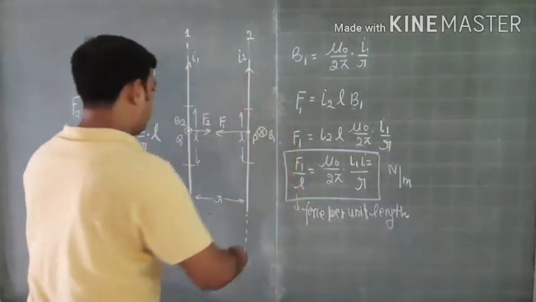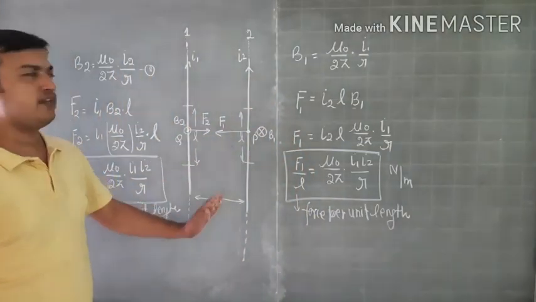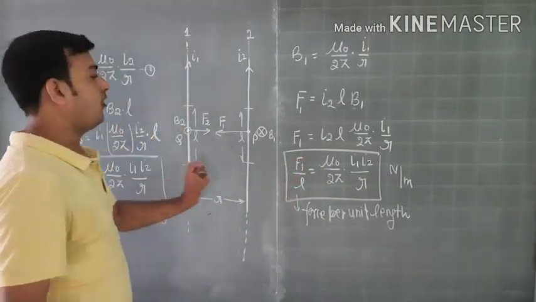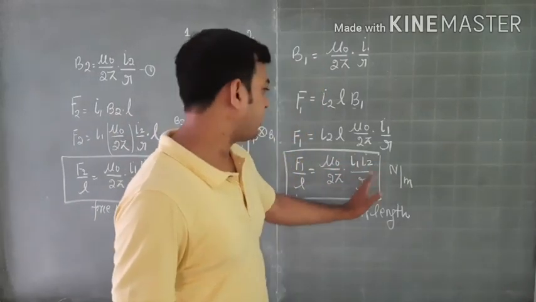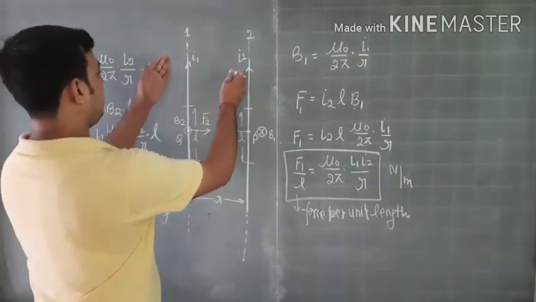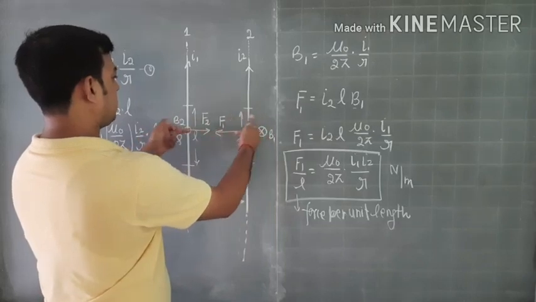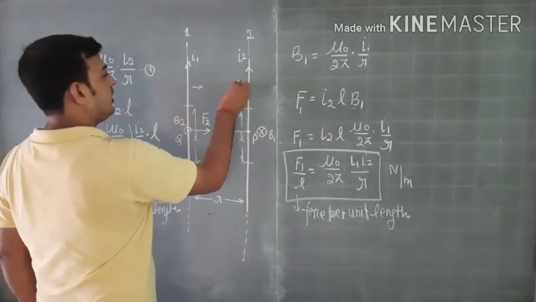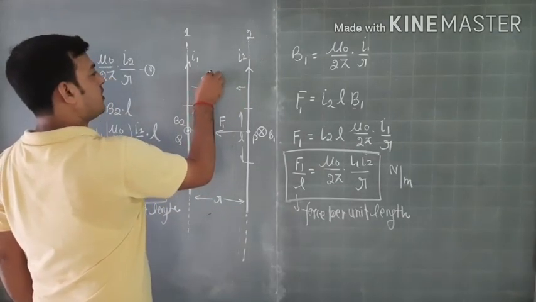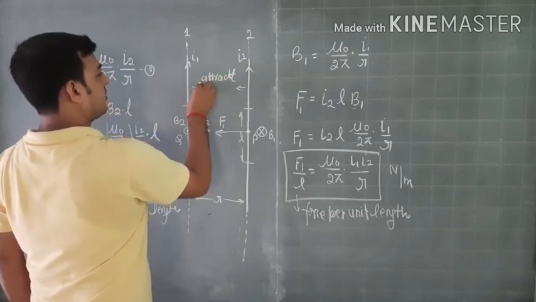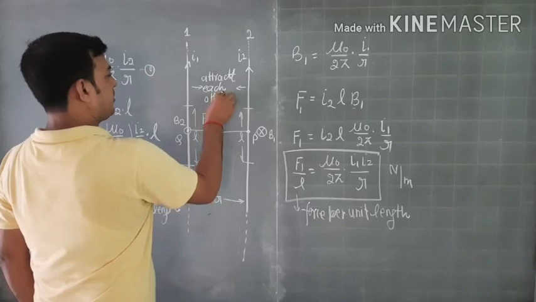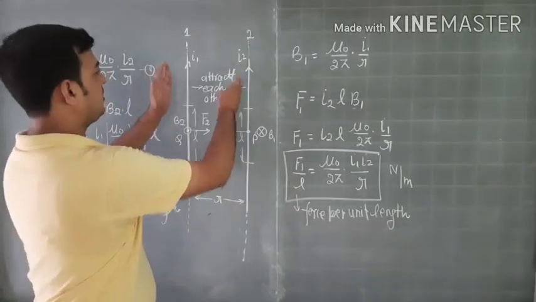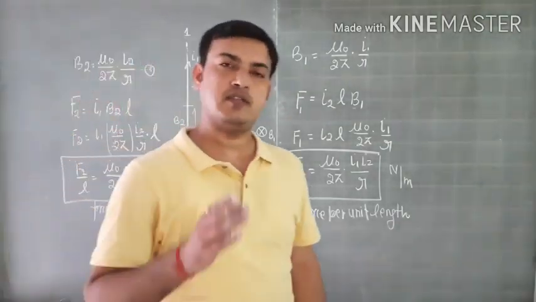So in this case, if you have two parallel infinitely long straight wires placed at a distance of r, then the force per unit length on each wire is mu naught by 2 pi I1 I2 by r. And as you can see, the forces are towards each other, so they will try to reduce the distance between the wires, and we can say that these two wires will attract each other. They will attract each other since the forces are towards each other. So parallel wires in which the currents are in the same direction attract each other.